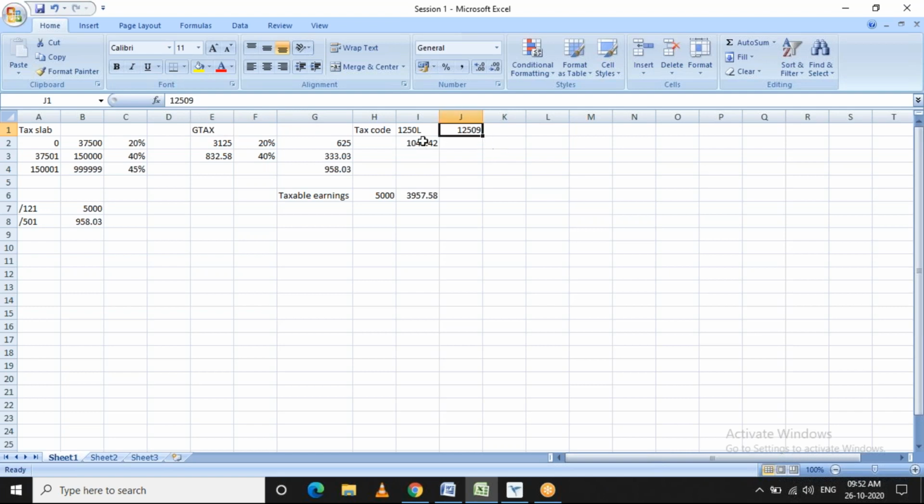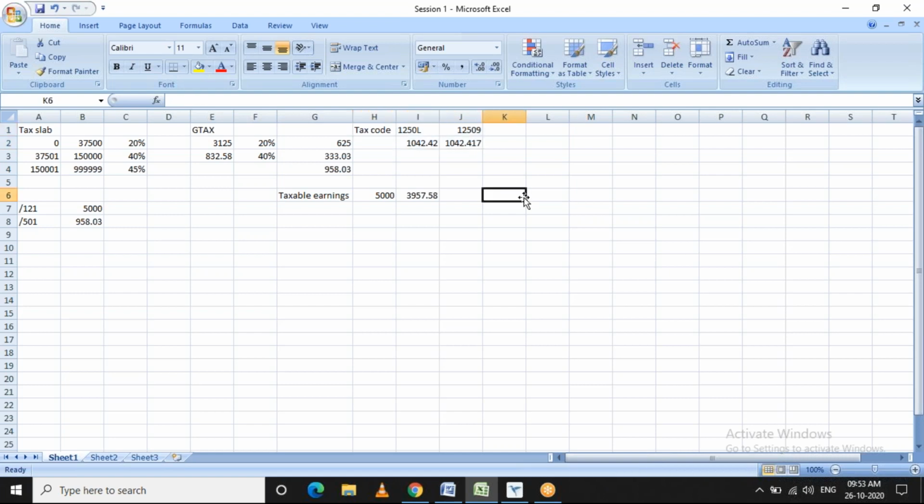Okay. Yeah, coming back to this. Once this tax code is converted into a numeric value, what the function does is, based on our pay frequency, convert this annual figure into a monthly figure or a weekly figure. So let's say if it is a monthly figure, then the value will be divided by 12. Clear? So this is the allowance the employee gets every payroll period. That means whatever taxable earnings he has, this amount will reduce those taxable earnings before the tax is calculated. Clear on this part?